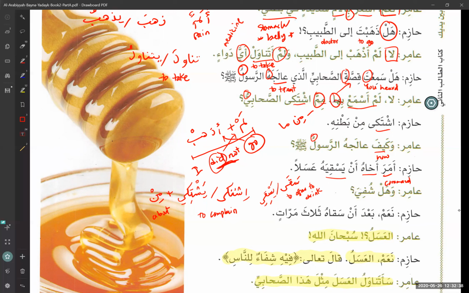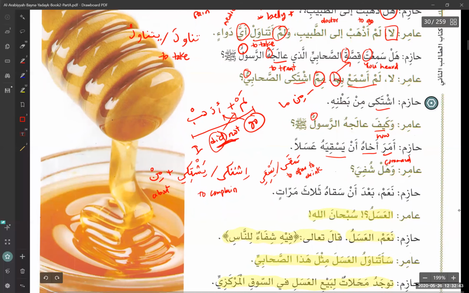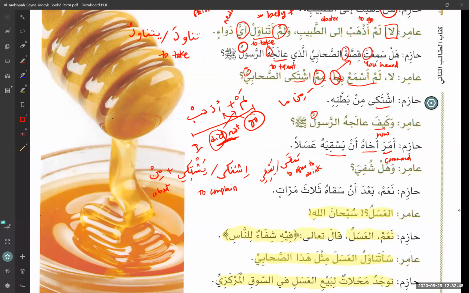Okay, so a few questions. These are really advanced grammar topics. Maybe I should bring them up right now. Let's just study the vocabulary, and inshallah, a lot of these things will come up in the later chapters. So basically it's saying Amara, who commanded? Rasul sallallahu alaihi wasallam. He commanded his brother, the one who is sick, to yasqiyahu, that he offer to drink al-asala,